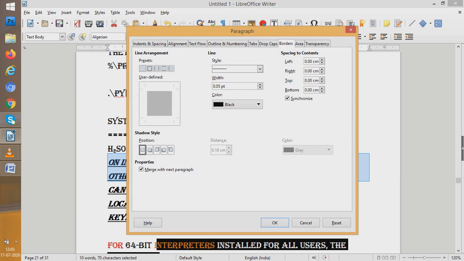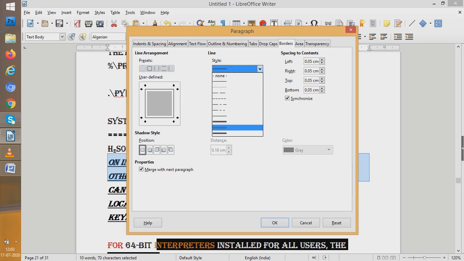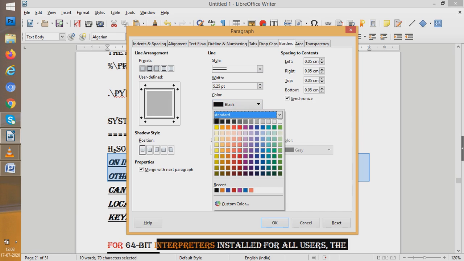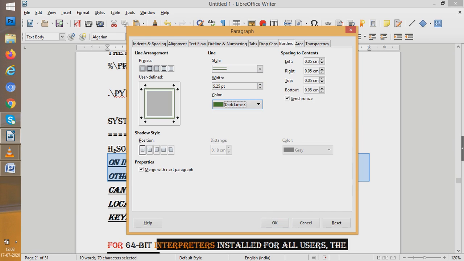How to give border? Suppose I want to give border. So we will choose a border from here. Suppose I choose this border. We increase the size of the border. So this is the style of the border, and I increase the border width. I make it 5, and I change the color even. I make the color of the border say green. Now if I do this and press the OK button here,